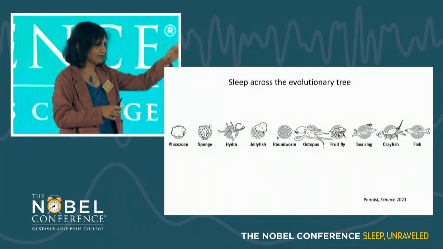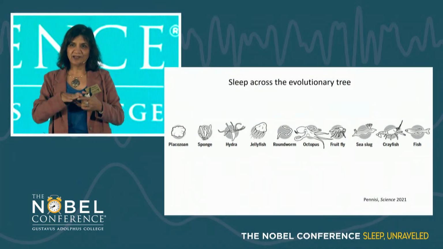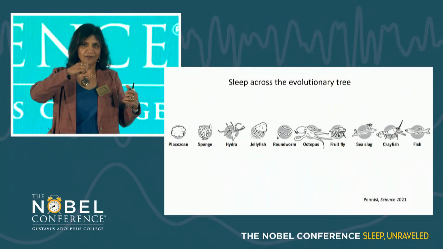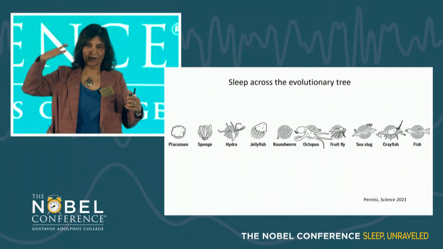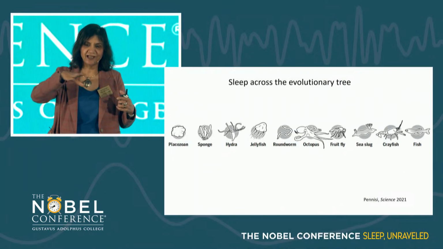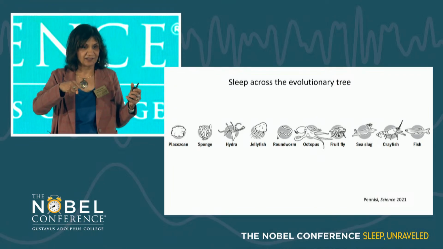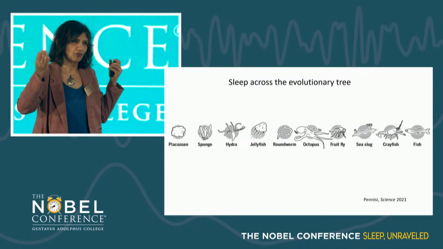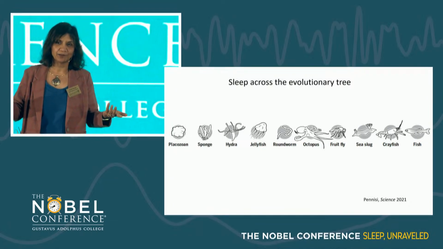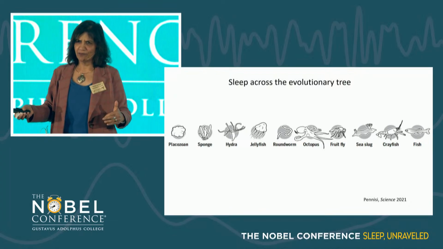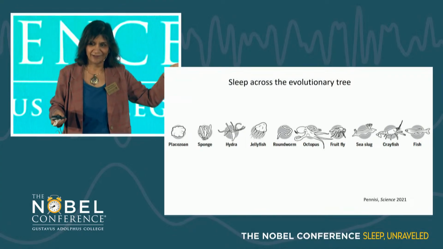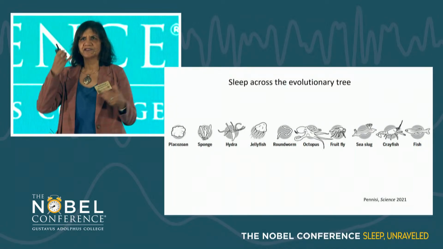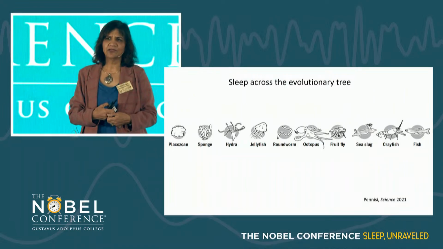So in octopus, for instance, there seems to be a stage of sleep that's like REM sleep, an active sleep, and there is a skin patterning that occurs during that sleep that's similar to what happens during wake. So if you want to study REM sleep, the fly is probably not the right model, but maybe the octopus is. And so sometimes when I talk about this, people will say, well, do you really think that flies